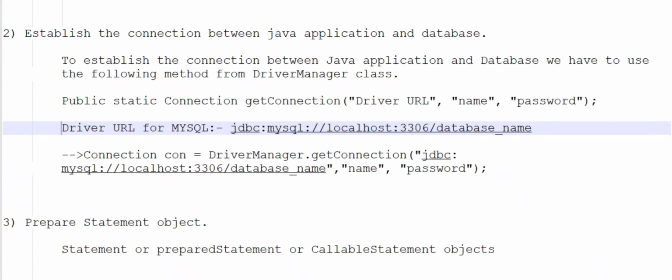So, driver URL for MySQL is jdbc:mysql://localhost:3306 and database name. Remember, 3306 is the MySQL port number. By default, MySQL will assign 3306 as its port number.